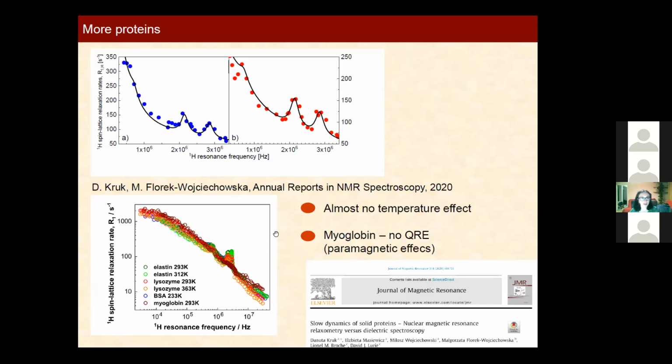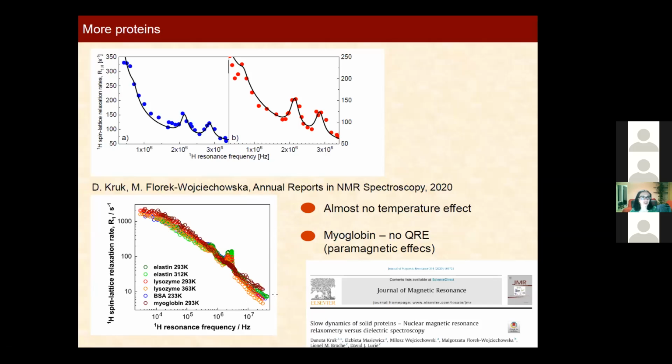So in this case, continuing further, we decided to change temperature. We also incorporated myoglobin into the studies, and actually the conclusion is more or less the same. Even if you change temperature, the relaxation dispersion data are almost the same as for the other proteins. The difference is that for myoglobin, you do not see quadrupole relaxation enhancement, but this is related to the